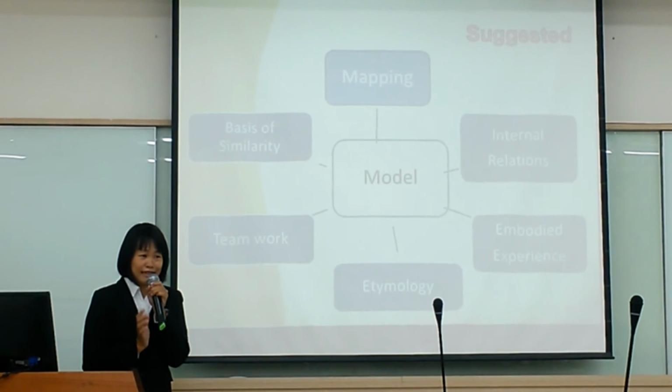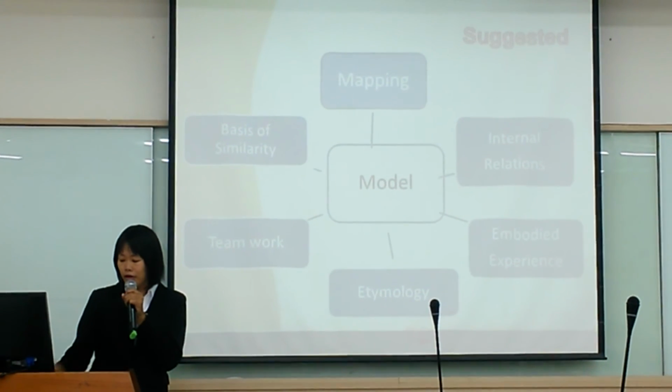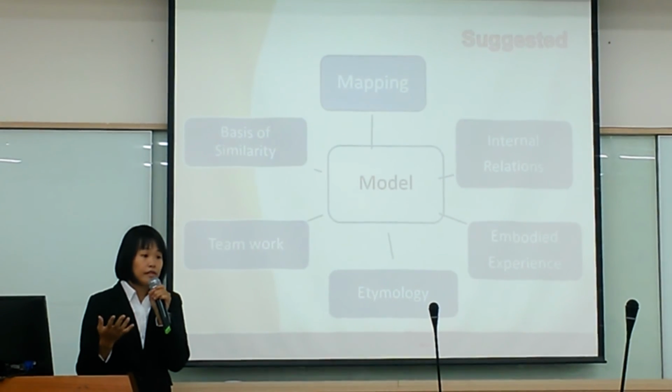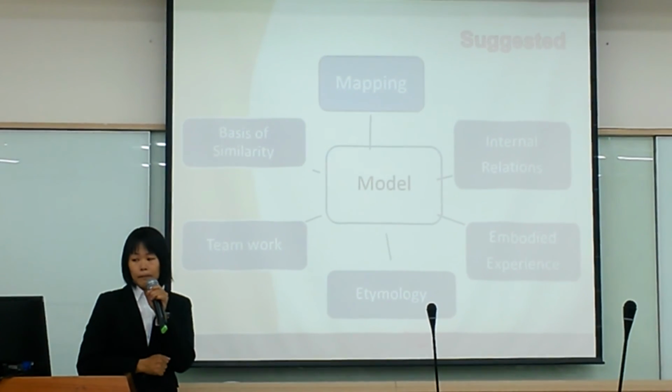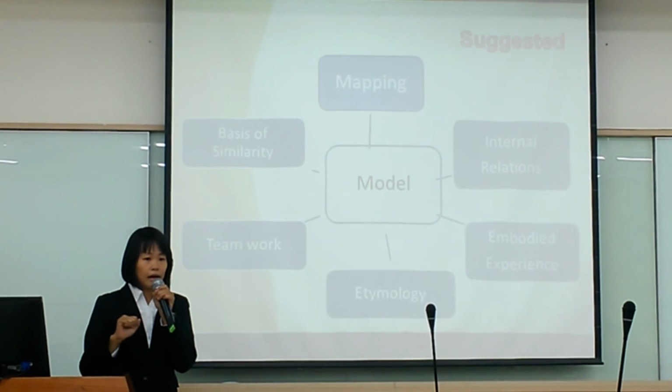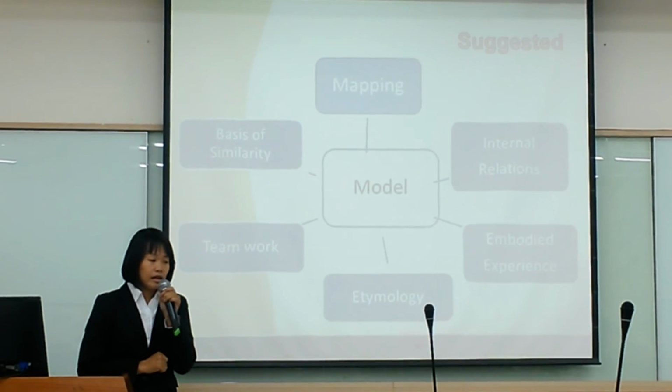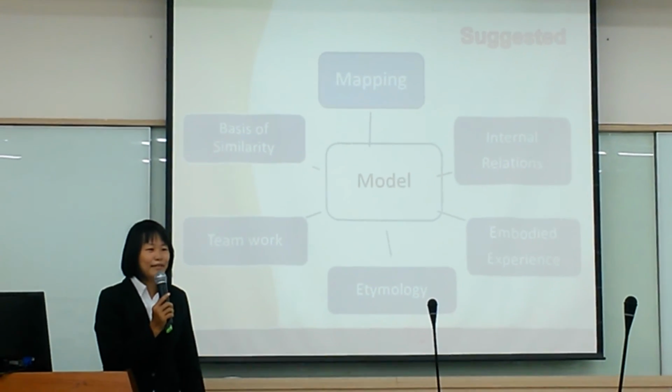There are suggested models. First one, mapping. Mapping means to make up a system for memorizing, like mind mapping or something. You might know that. And the second part, basis of similarity. Similarity, you know, the vocabulary